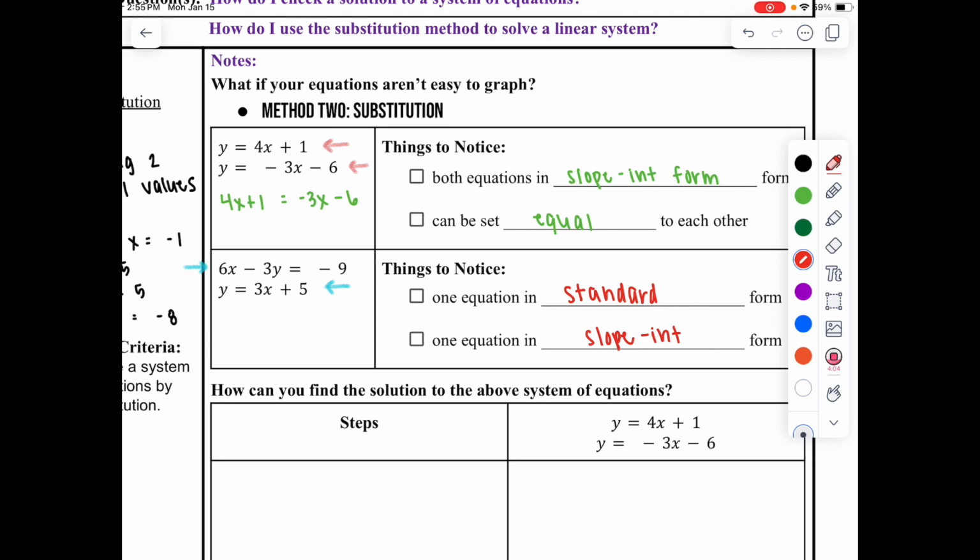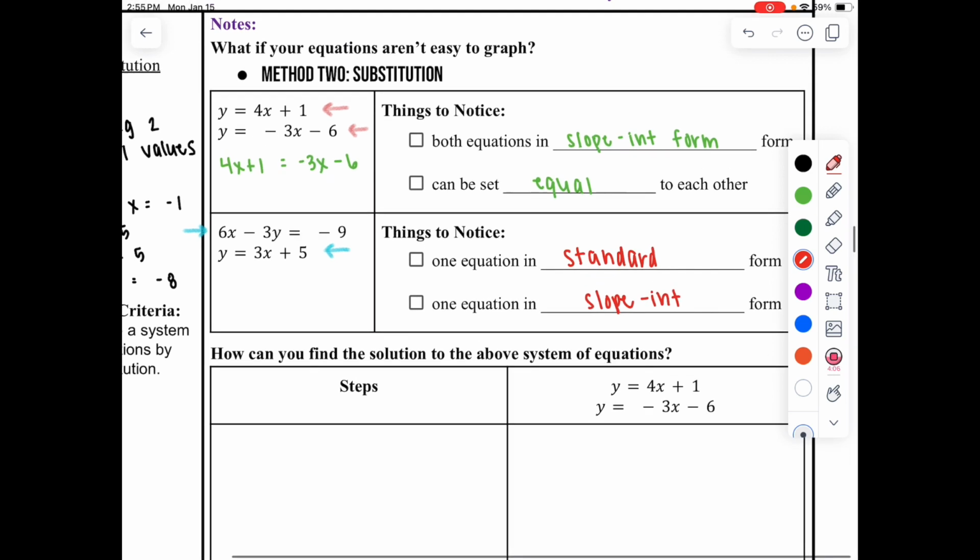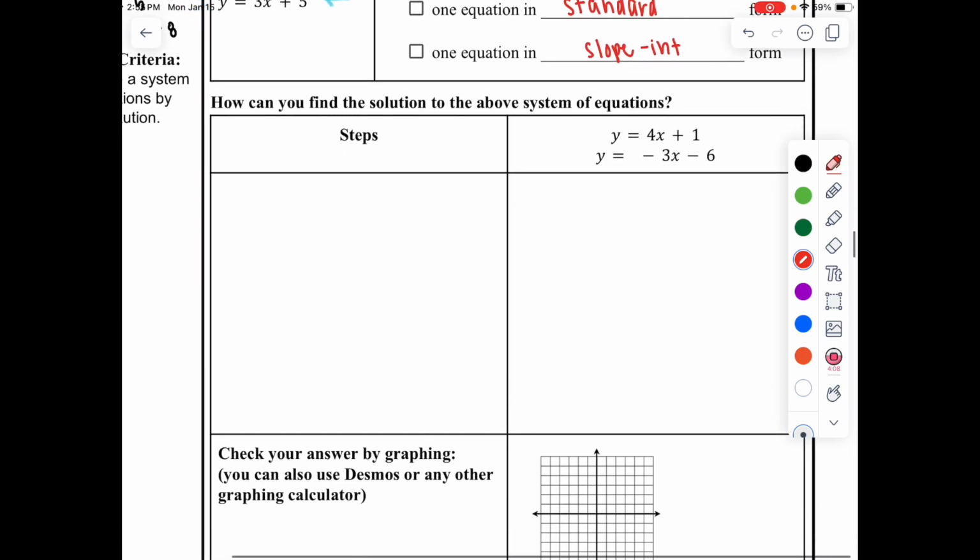Okay. What we're going to do now is go ahead and solve both of these systems of equations, and let's use our different techniques. We have different ways that we will approach both of these systems because they are set up differently and they present differently. The first thing that you want to do when you notice that both of the equations are